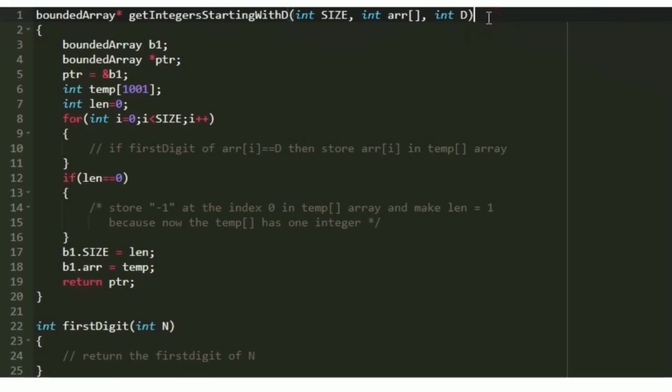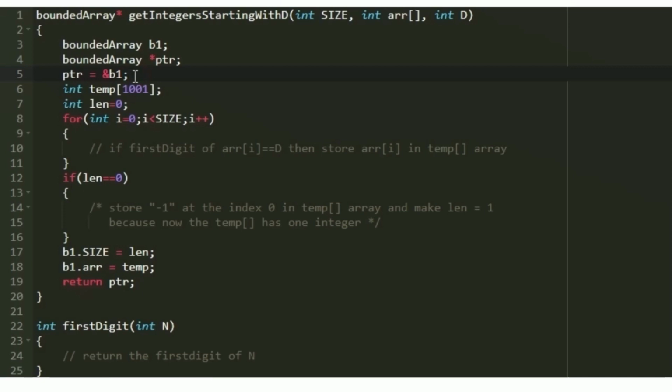So in our function, first we are going to create a new variable for the structure. So we are going to use the typedef name. So the typedef name is bounded_array with lowercase b. So bounded_array b1. So this is the first variable which we are creating for the structure, and this function is expected to return a pointer to the variable. So again I am creating a structure pointer. So bounded_array *ptr. So I am creating a pointer, and now we are going to link this pointer and b1. So I am setting ptr equal to the address of b1. So now whatever changes we are going to make in b1 will be automatically reflected in ptr.